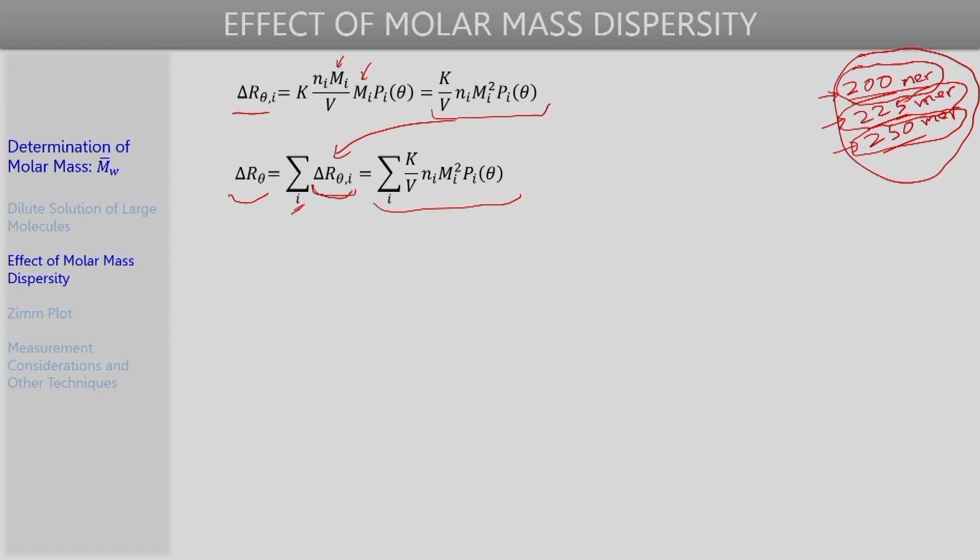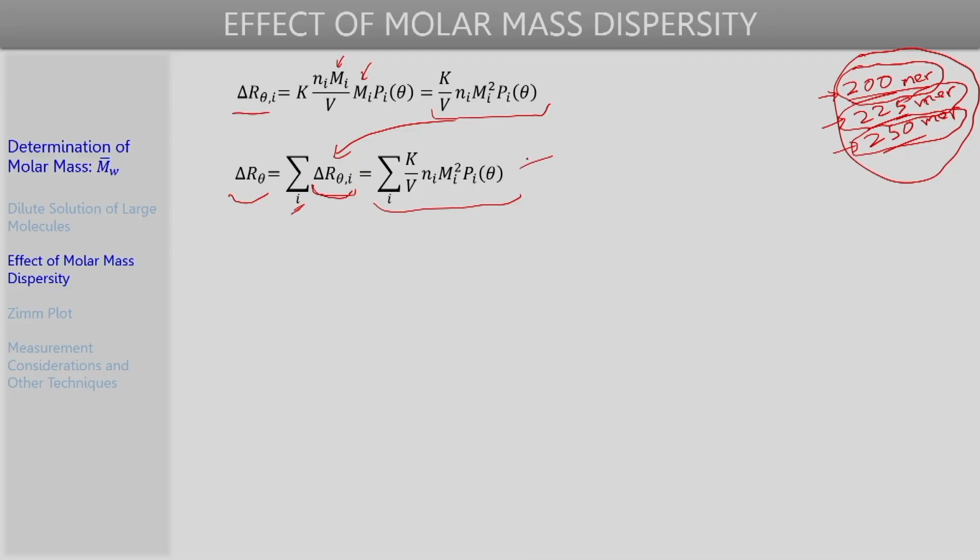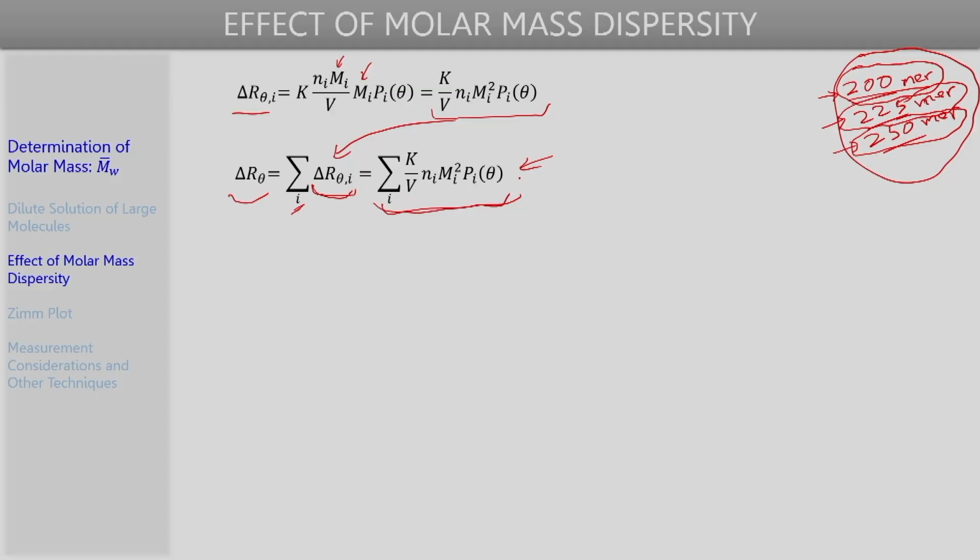Now, what we can do is just do some simple mathematical manipulations by multiplying and dividing the right hand side by certain quantities, and we will see that through that we will be able to extract some familiar terms from the expression that we have on the right hand side. So, of course, the K by V that we have here is a constant, and does not depend on the index size. So, the optical constant or the solution volume does not depend on the particular polymer chain lengths that we are considering. So, that we can take outside the summation.